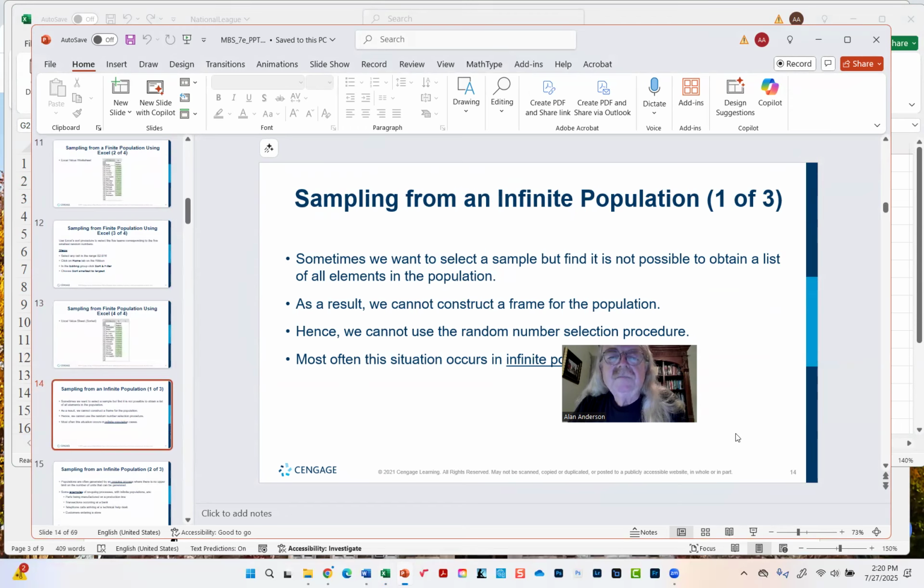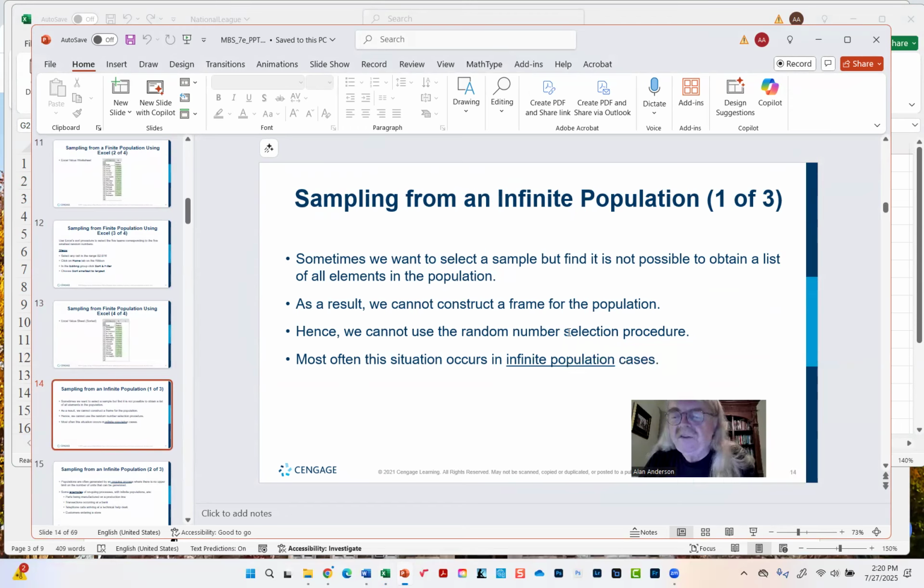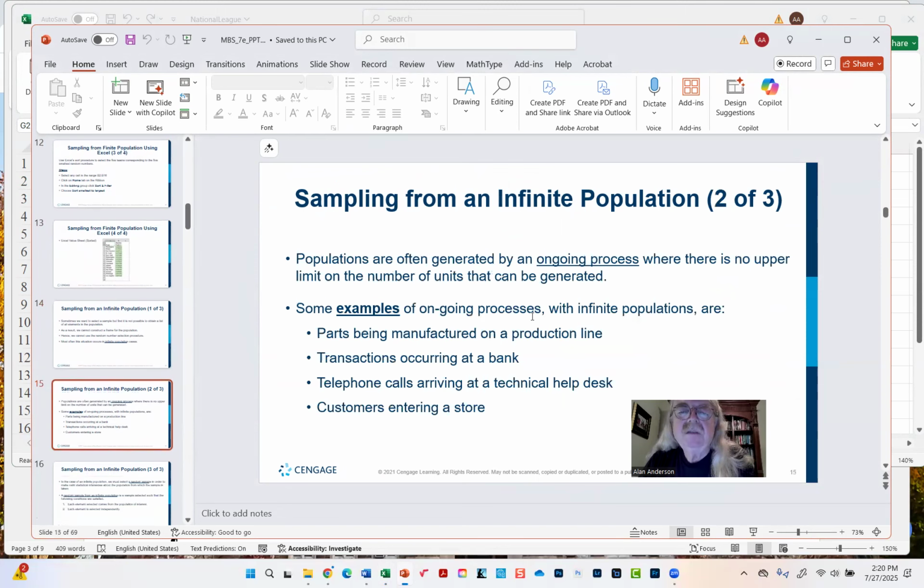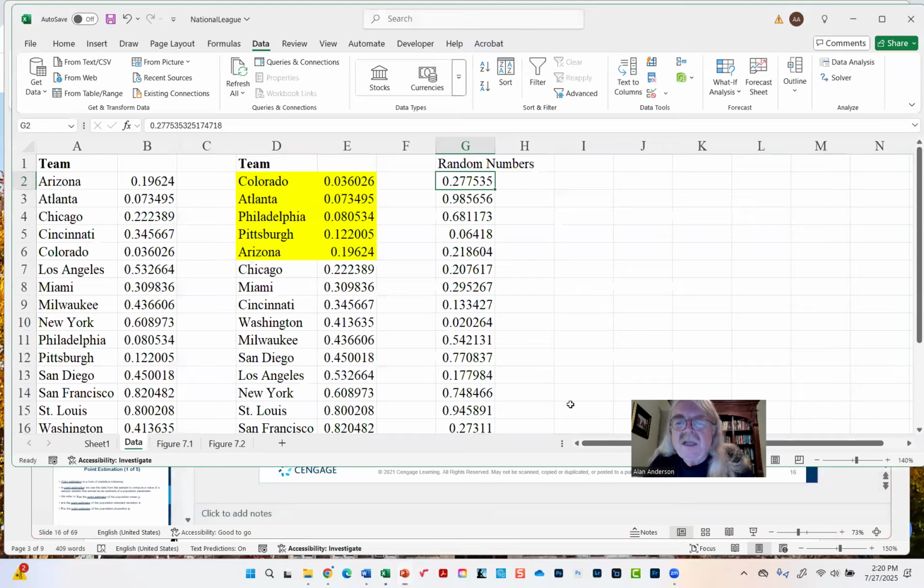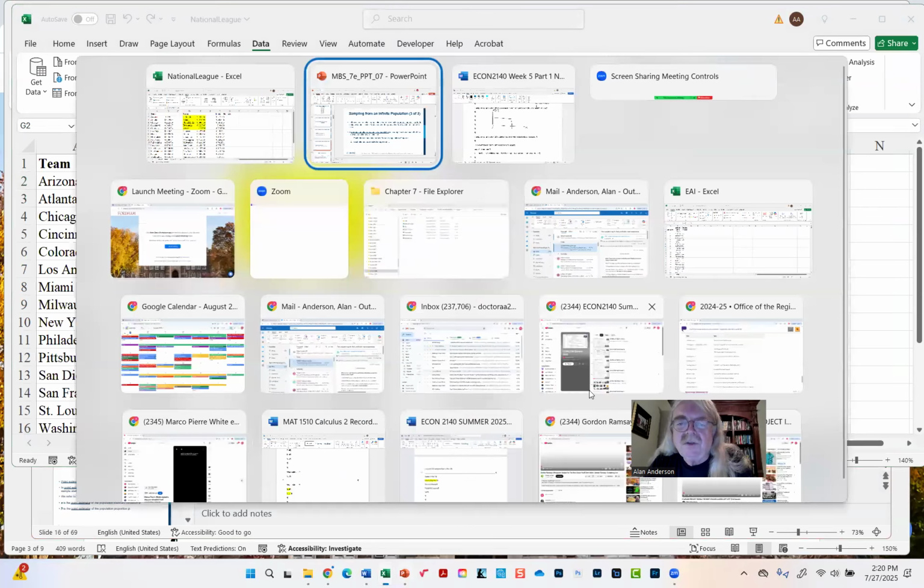Now, sometimes we are choosing from an infinite population, a very large population. So, oh, by the way, there's one more thing I forgot to mention here with the random samples. Everything I said is correct, but we're assuming that the elements themselves are chosen independently. So in other words,